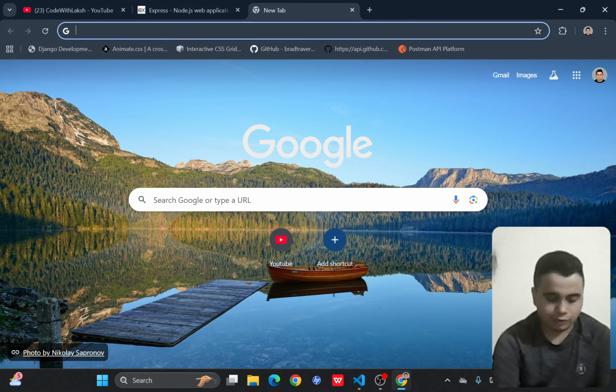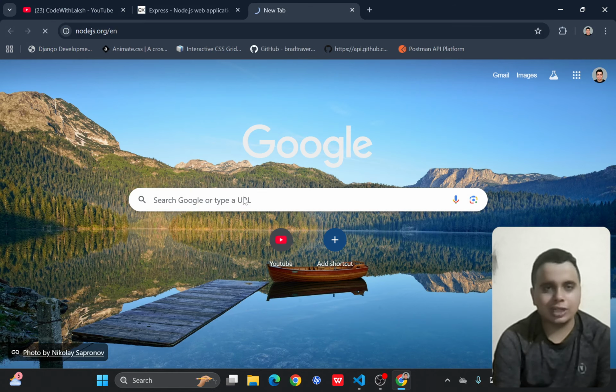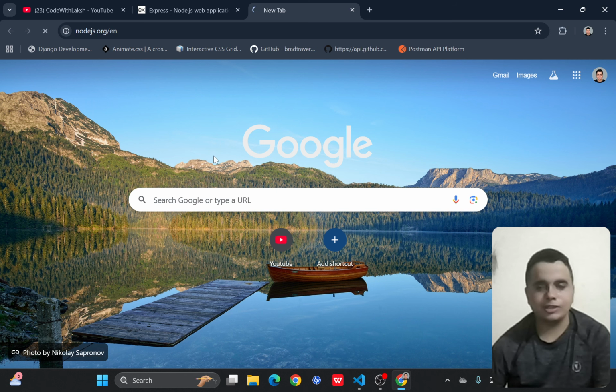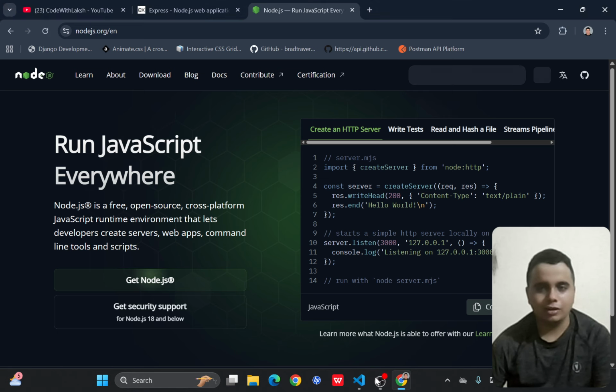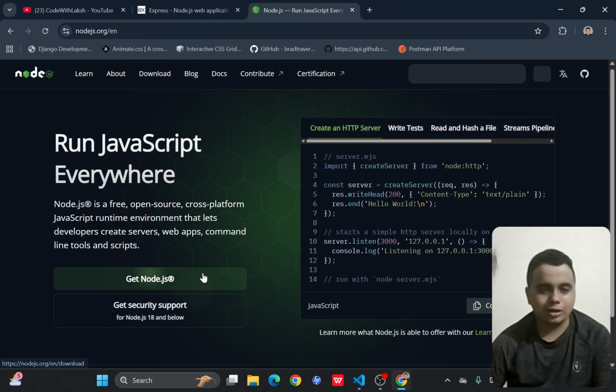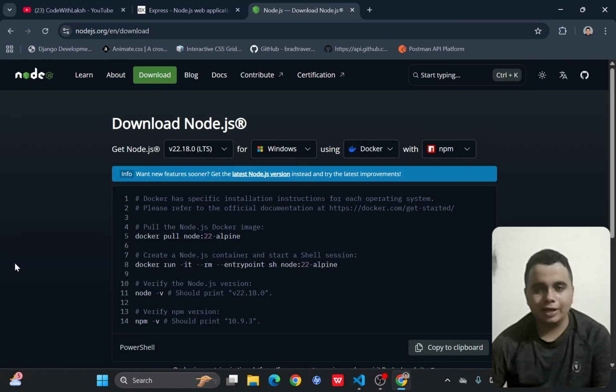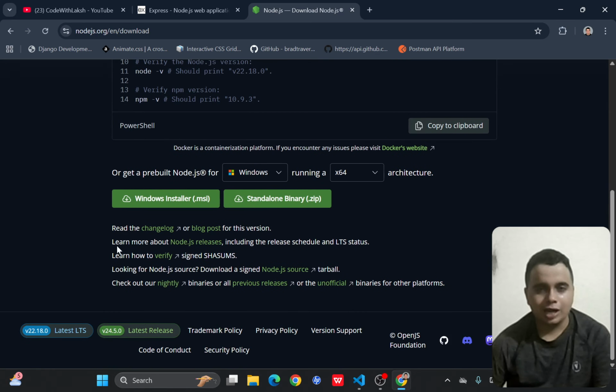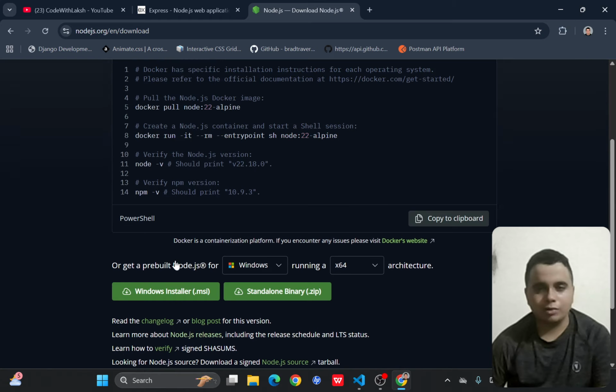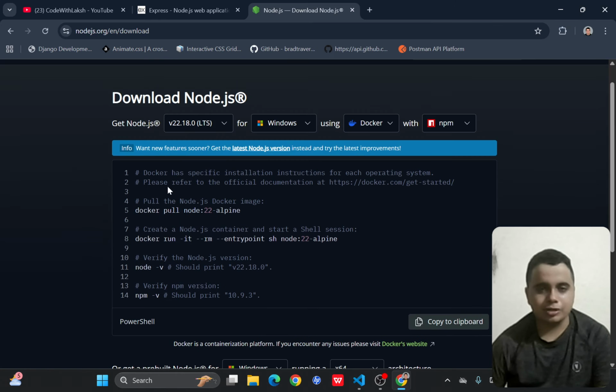Let me tell you that before using Express, you must have Node.js installed on your system. Okay, and without installing Node.js, of course, this will not be working. Right here you can see Get Node.js. If you click on Get Node.js, you will see this is the latest version of Node.js. And for Windows users, you can directly go ahead with the MSI installer. But for Linux-based users, I'll be suggesting you to go with the